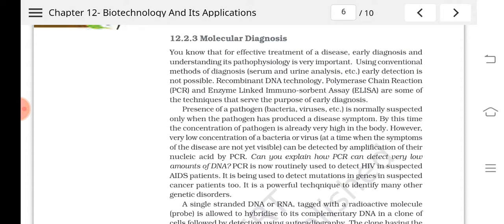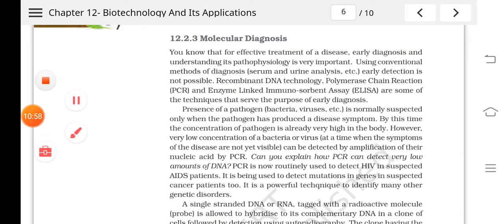Okay, you cannot treat it easily, because see, the severity of a disease depends upon what all? First is the immune system, of course. Second is the number of organisms present in your body. If the number of organisms is less, then the treatment will be easy. So by the time, by natural methods, when you find out the causative organism, it will be very late, and the number of organisms in your body will be very high.